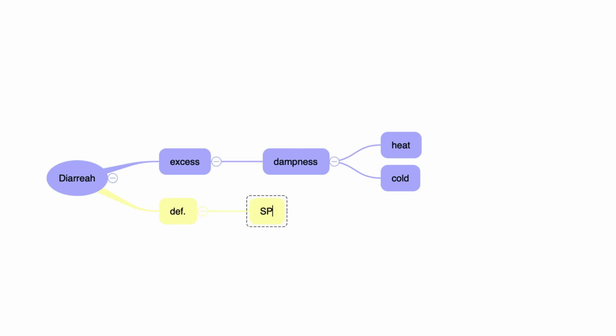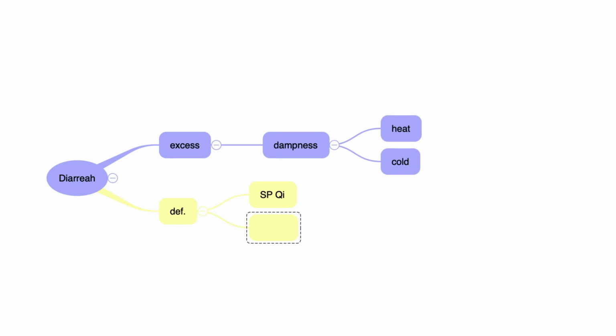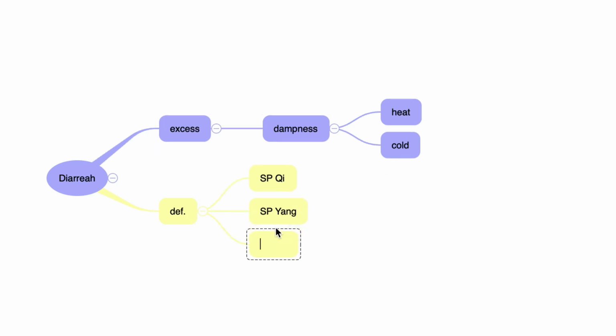First, spleen qi deficiency, right? And qi deficiency can develop into yang deficiency. Spleen yang deficiency. And spleen yang deficiency can develop into kidney deficiency. Spleen deficiency is still there, but this is a worsened condition. It's more chronic. Is there anything else? Excess and deficiency, and the most common cause of excess diarrhea is dampness, and dampness can be generated from heat